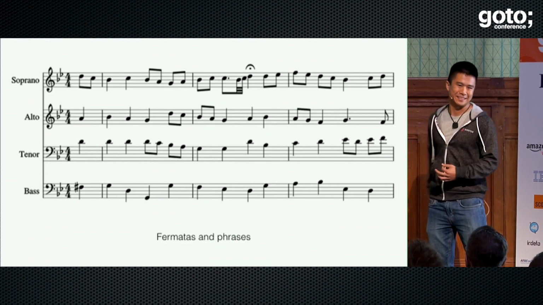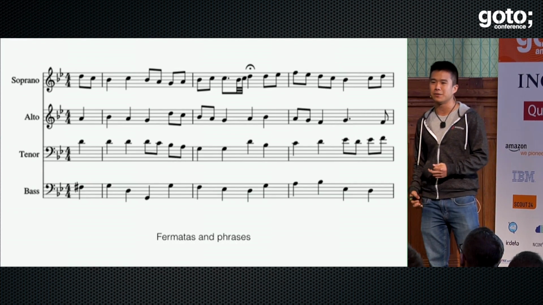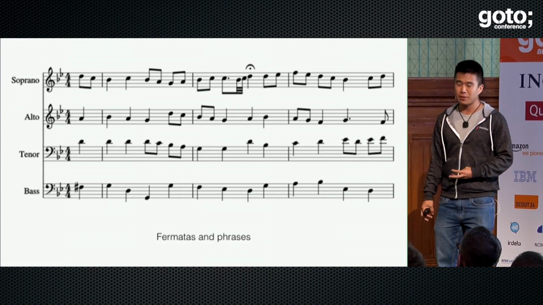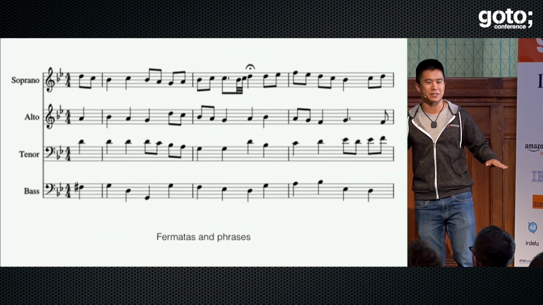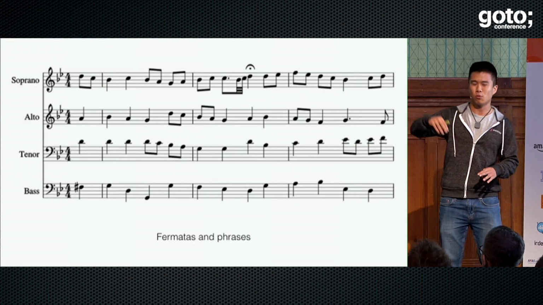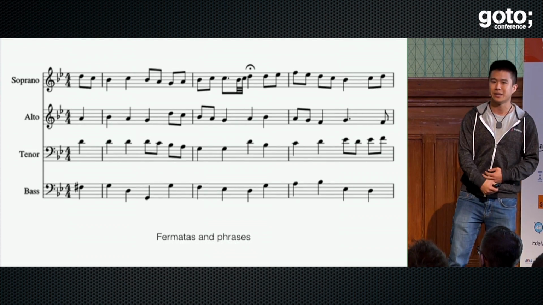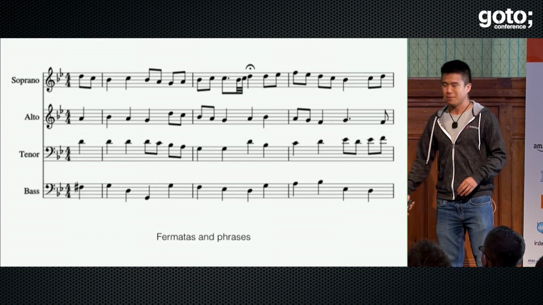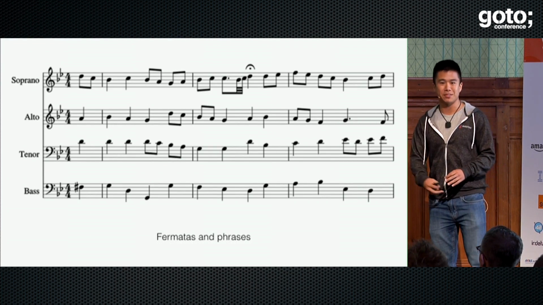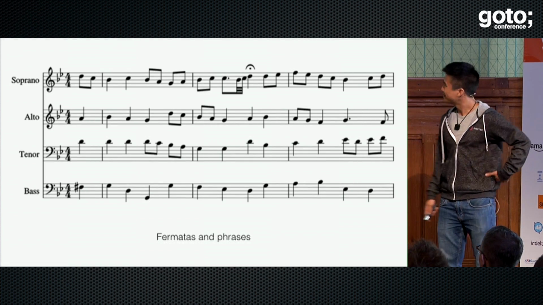Back to the hat-looking thing. This is called a fermata, and Bach used it to denote the ends of phrases. We had originally set out about this research completely neglecting fermatas, and we found that the phrases generated by the model just kind of wandered. They never seemed to end. There was no sense of resolution or conclusion, and that was unrealistic. But by adding these fermatas, all of a sudden the model turned around, and we found realistic phrasing structure.